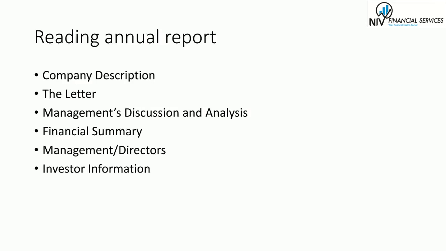Third one is management discussion and analysis. This section of an annual report provides an overview of the company's performance over the previous 3 years. It makes a comparison of the most recent year with the previous year. It discusses sales, profit margin, operating income and net income. Factors that influenced business trends are outlined.